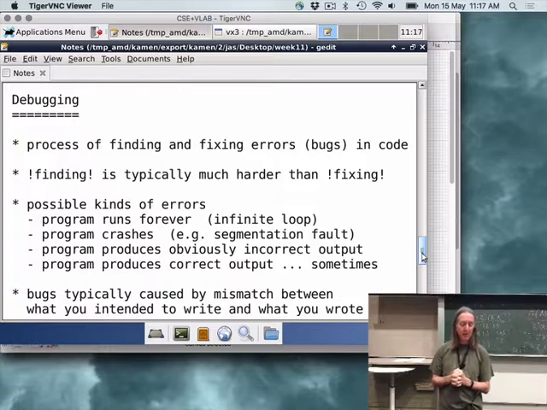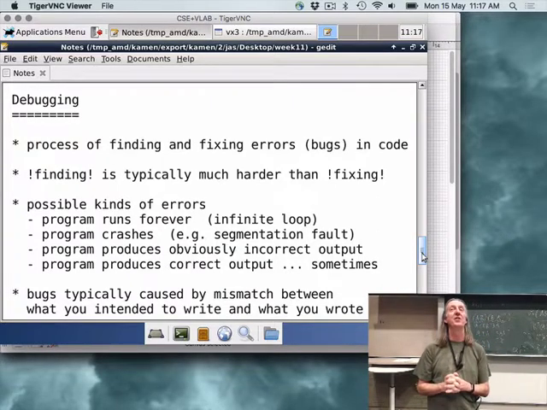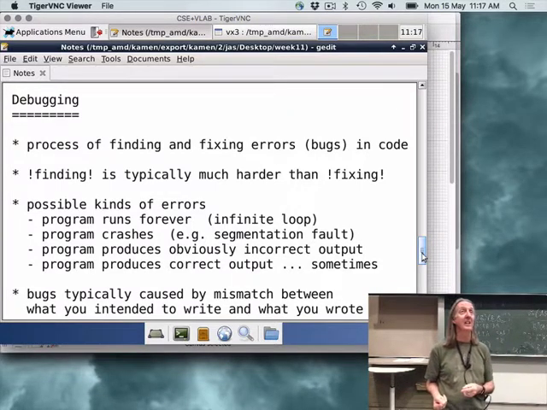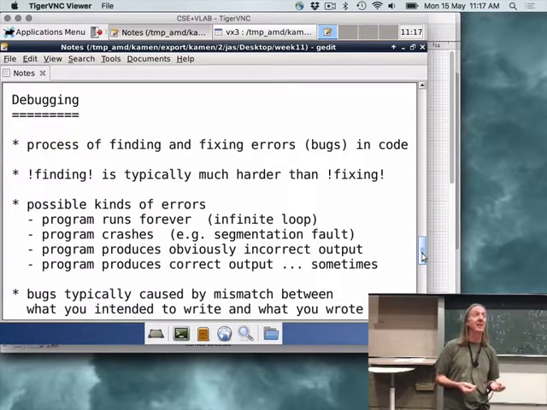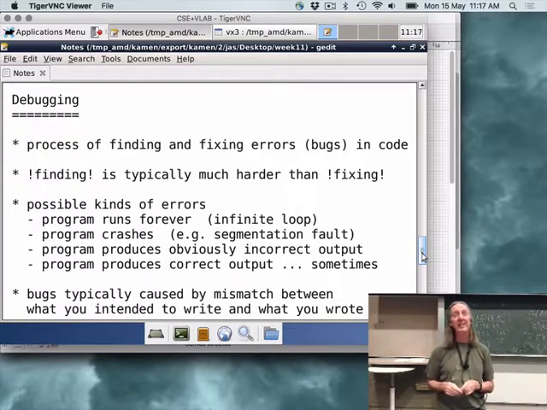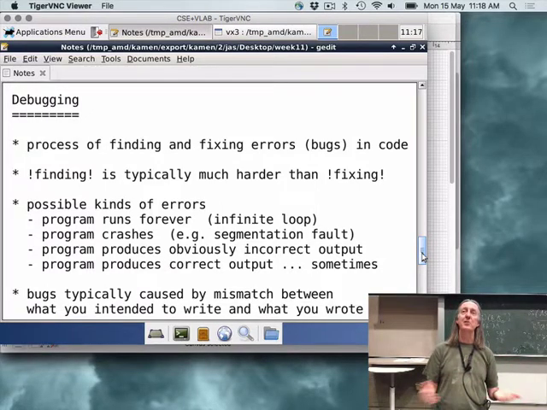And the worst case is a program that runs and produces output that looks all right. It might be incorrect, but if you don't know what you're expecting to get, then you might miss the fact that the output's incorrect. Or even worse, it produces the correct output and you think, all right, that's good. Run another couple of test cases, works for all of them. Good, must be correct.